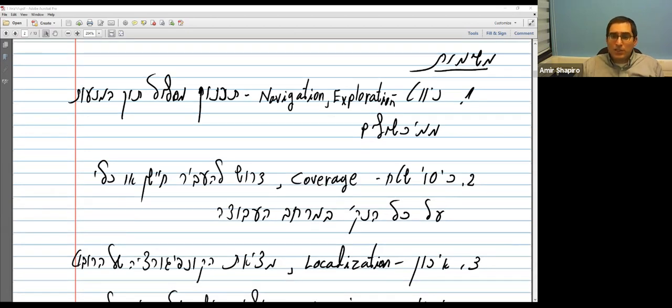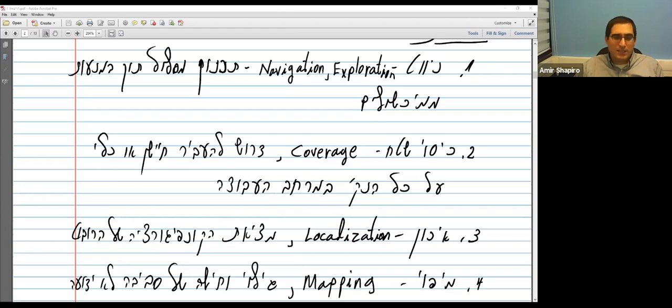It can be area coverage. We want to do this in this course. There are several papers dealing with area coverage. Maybe someone would like to do the final work on area coverage, where we need to pass a sensor or a tool along all the points in the workspace. This is the meaning of coverage. You want to cover the entire area with a tool or with a sensor that sees the entire area.